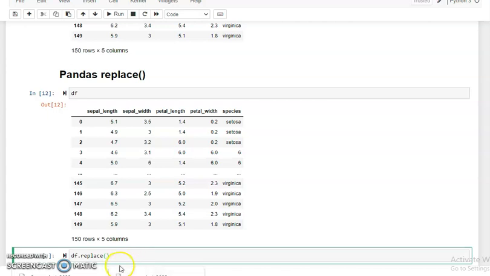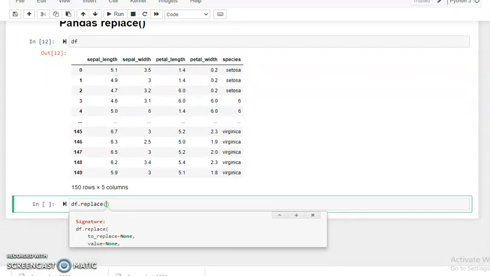And to know about the parameters of the replace function, we press Shift plus Tab. As you can see, the parameters of the replace function are to_replace, and by default its value is None.